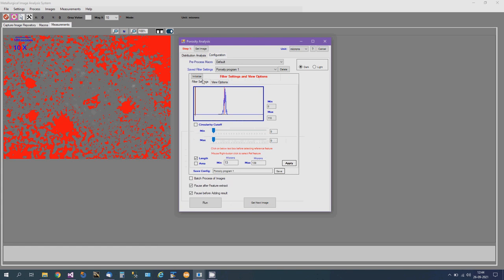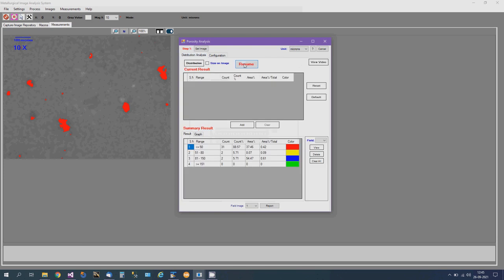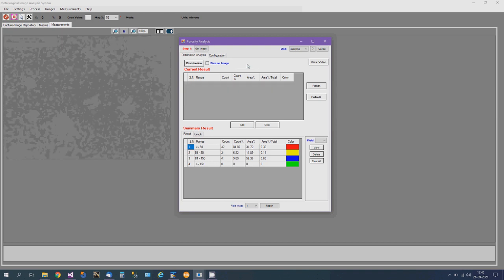Come to configuration, filter settings, adjust my threshold and I resume. Now this is the result of the current image. I have 6 in the first bucket, 1 in second bucket and 2 in third bucket, and they are colored accordingly. If I click on resume, it will add the third image result to the consolidated result.